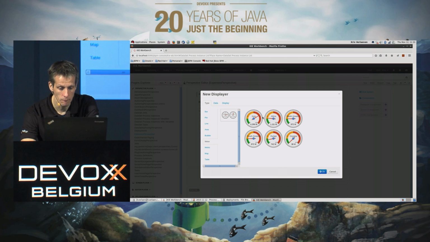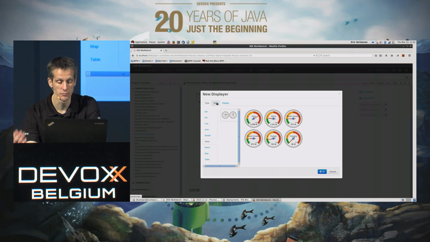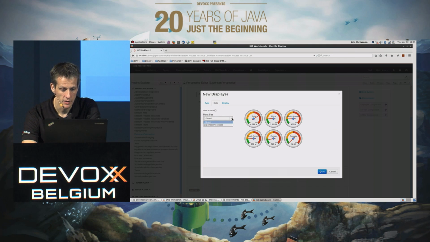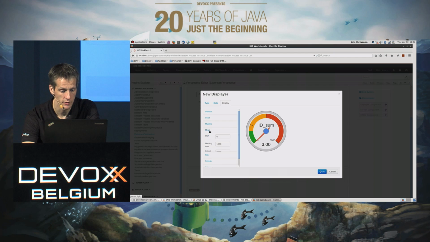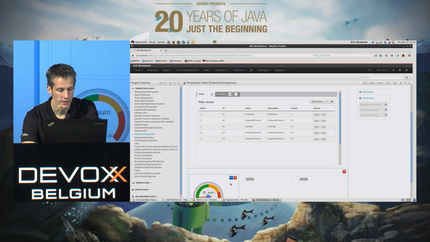So for example, if I want to show the number of expense items that I currently have active, I can create a meter which looks at all the expense processes that I have, which is a data set that I predefined, but I can just look at the count, so the number that I have, and customize some additional properties like, let's say, as long as I don't have more than 10, it's fine, and 20 is basically the limit that you would have. So you can easily create a custom